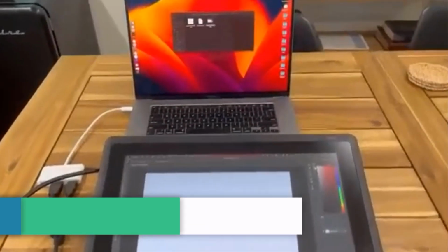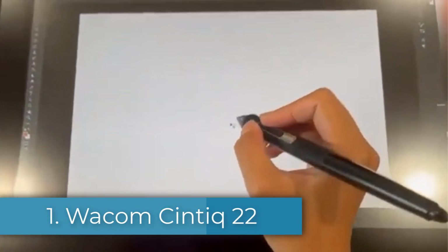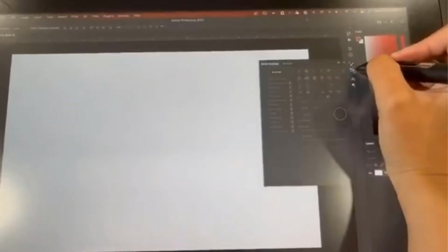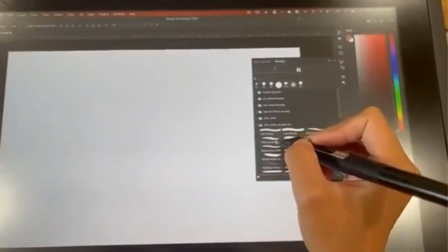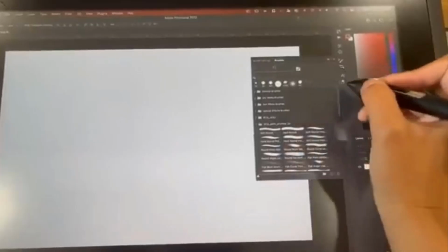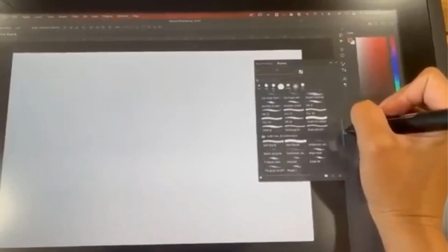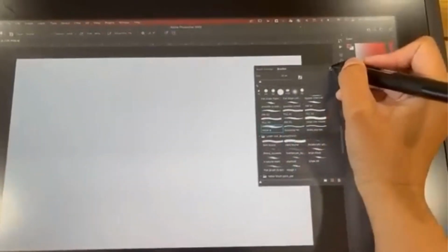Number 1. Wacom Cintiq 22. This is the best drawing tablet you can buy on the market. It offers a large 21.5-inch Full HD display with an anti-glare coating that creates a smooth, paper-like drawing experience. Its screen is laminated to reduce parallax, ensuring the pen tip aligns closely with your strokes, which is crucial for precise work. While the 1920 by 1080 resolution may lack the sharpness of higher-end models, it provides ample clarity for most creative tasks